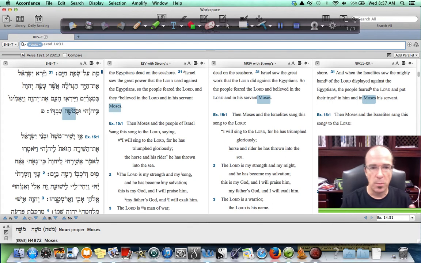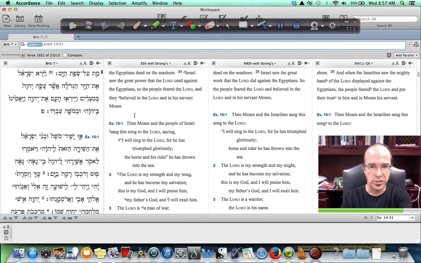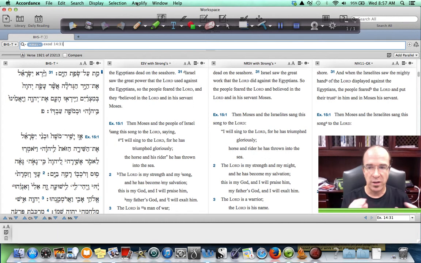Again, I hope this helped by walking through this, where you can actually see the different translations and how it works. This isn't supposed to be an advertisement for Accordance, but you can also see the possibilities of what you could do with this program. Again, if you have any questions, let me know, and we'll continue to see